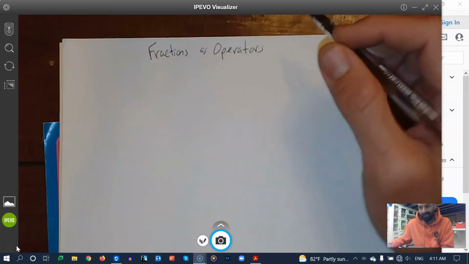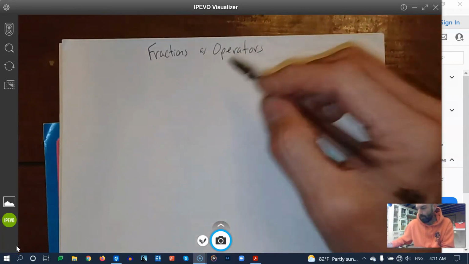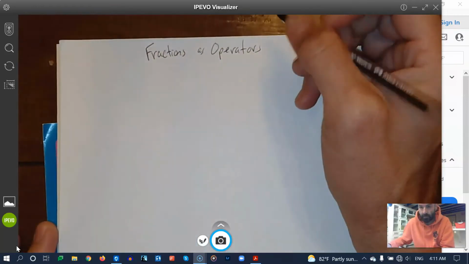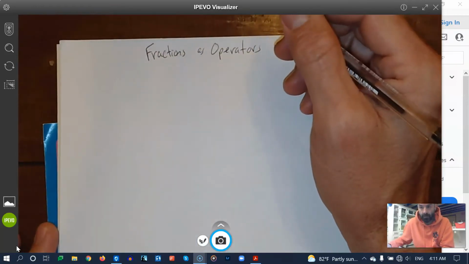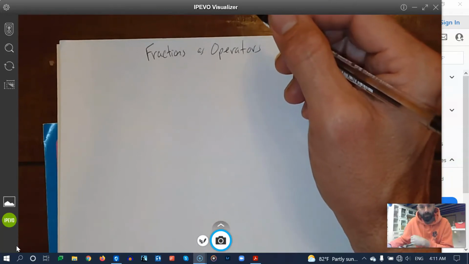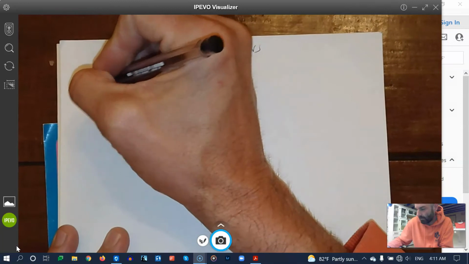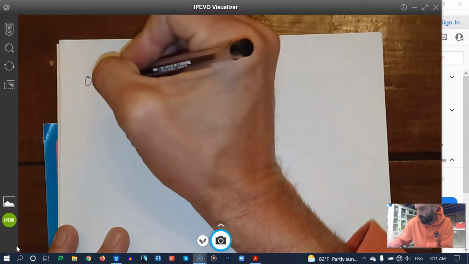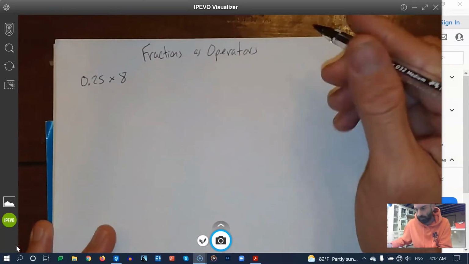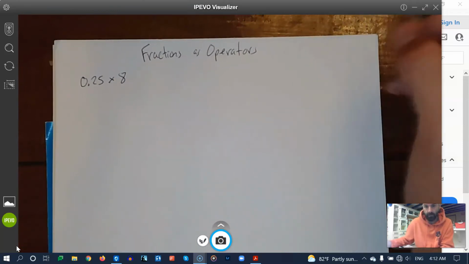All right, welcome to the sixth and final problem string called fractions as operators. The first problem we're going to work on is one where you should take some of the learning that we've done in the last few problem strings and apply it here. And it is 25 hundredths times 8. So go ahead and figure that out. Pause and solve. I'm going to explain it in 3, 2,